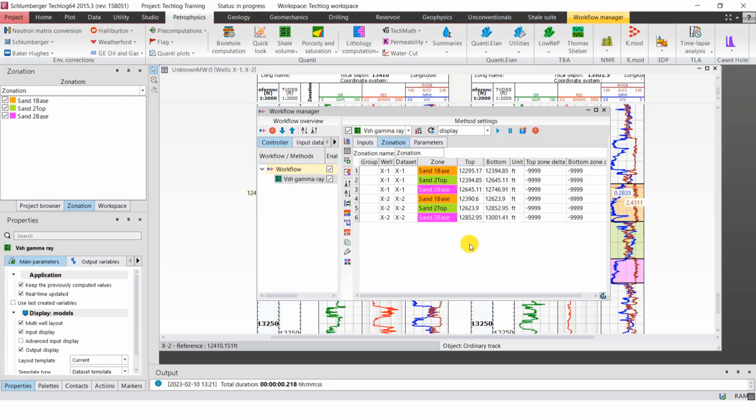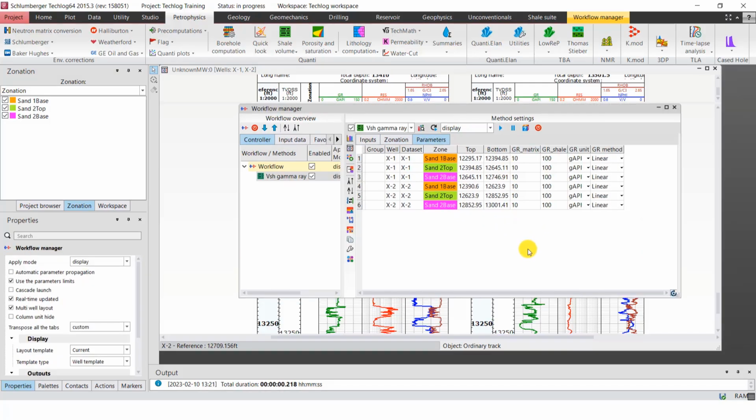And then let's go to parameters. Now, if you look at under these parameters, you will see GR matrix and GR shale. Now, this is what we are going to work with. The values you are seeing here are default values. Okay, so we are going to come up with gamma ray matrix and gamma ray shale for SAN2 top in X1 and SAN2 top in X2. So let's go to plot